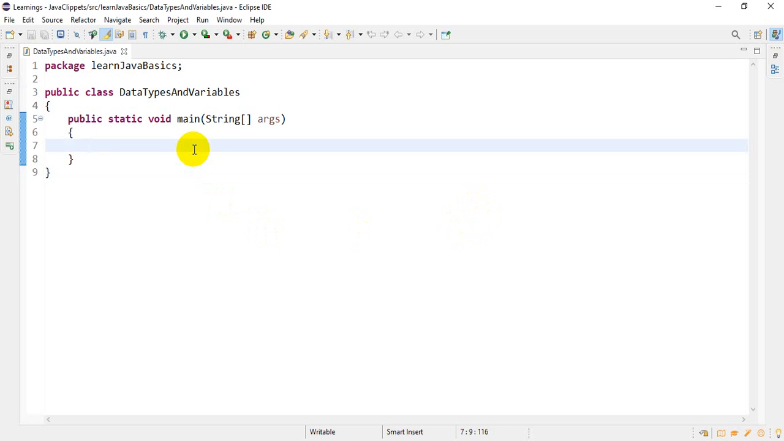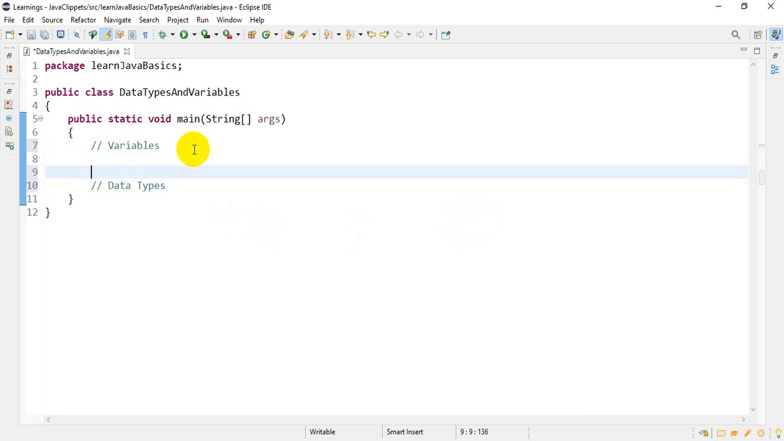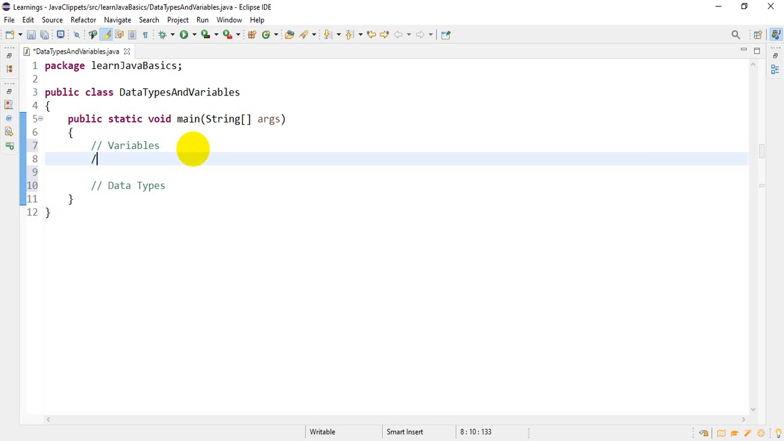Hi there. Today we are going to look at data types and variables. So, what are variables? Variables are nothing else but data carriers. Data carriers means they carry data. They can store data, transfer data,